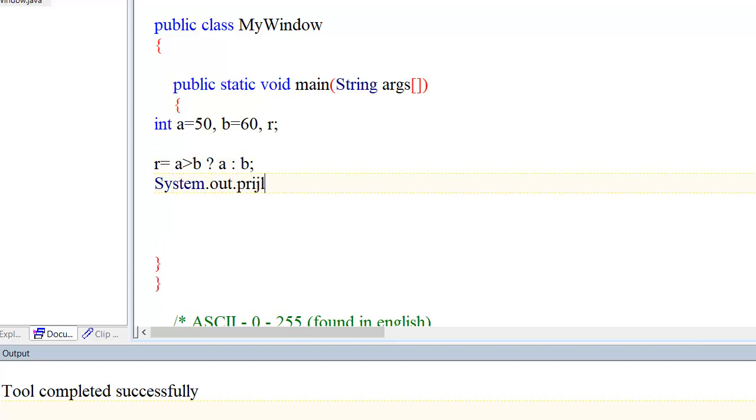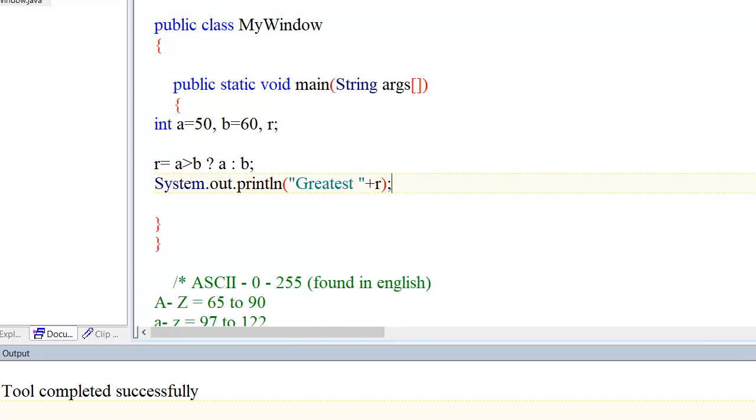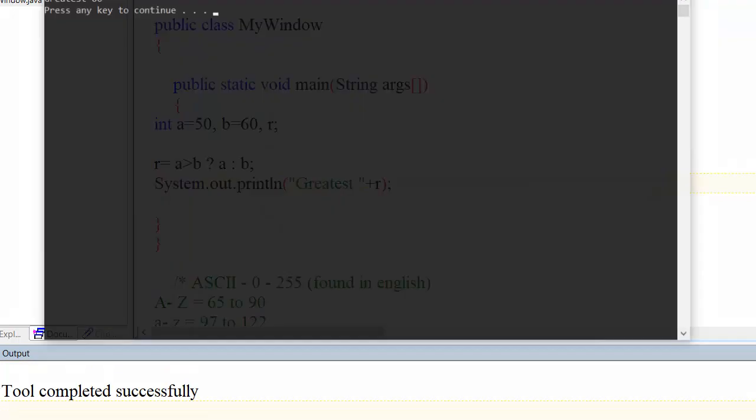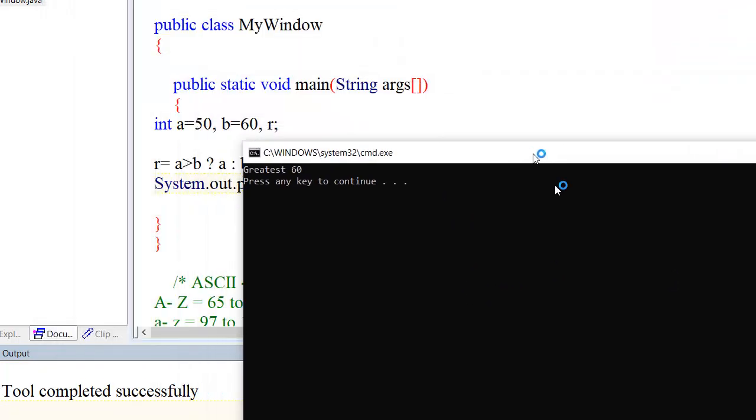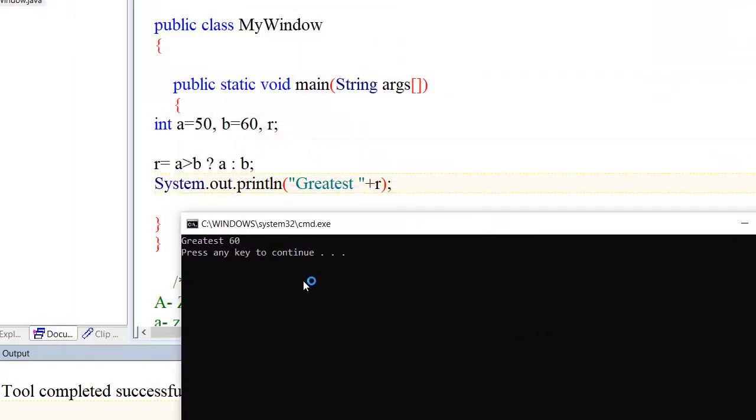System.out.println("greatest" + r). Now compile and execute. So greatest is 60 we are getting here, because the condition is false and it returns the b value.